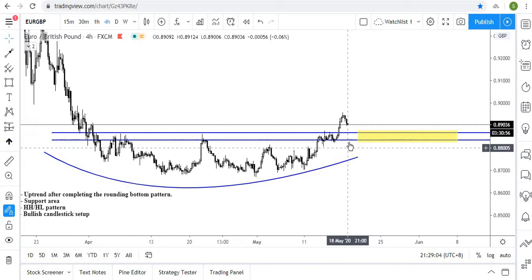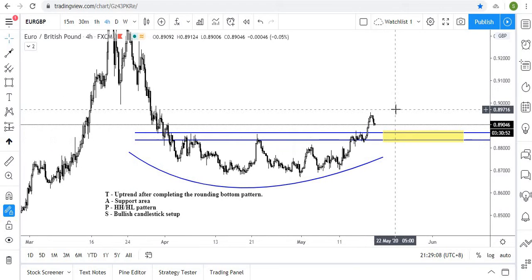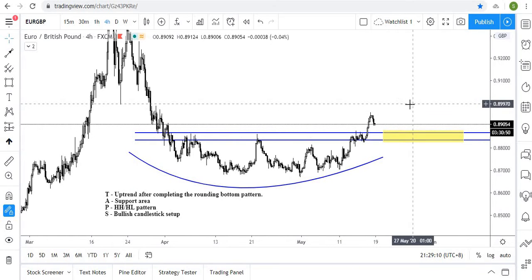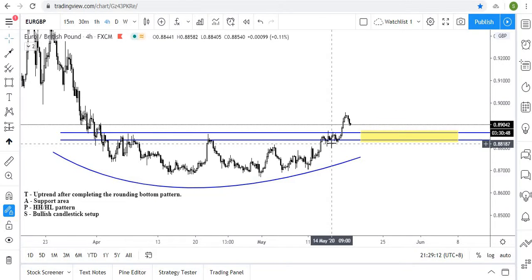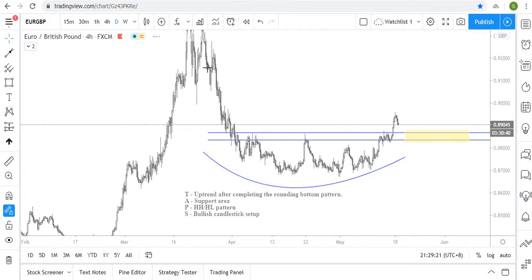If the pullback comes to these yellow areas, as I mentioned just now, you might look for buy opportunities, and your stop loss should be placed below this level, which is a previous low. So this is for EURGBP. Then the next pair